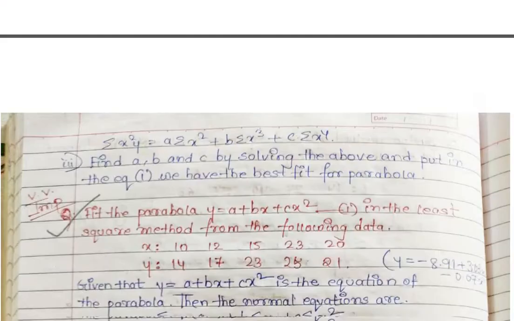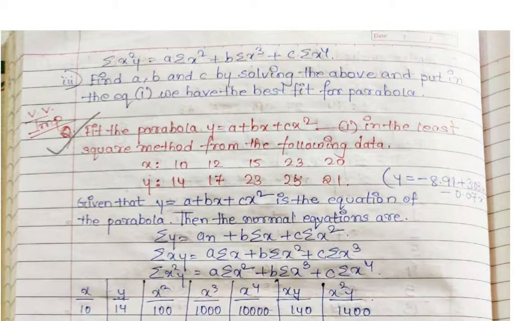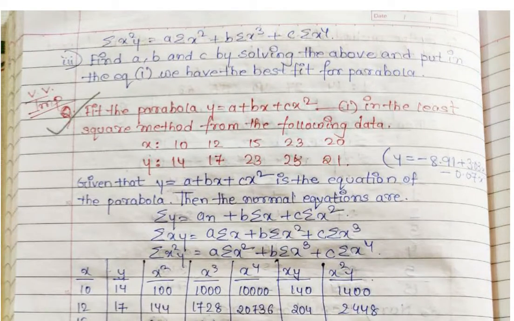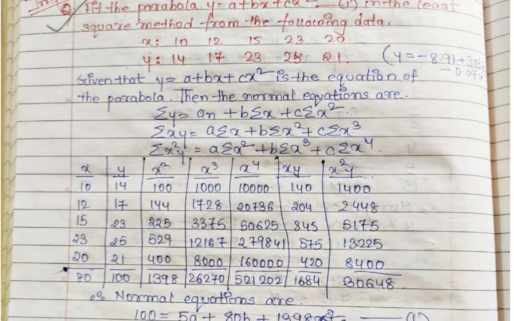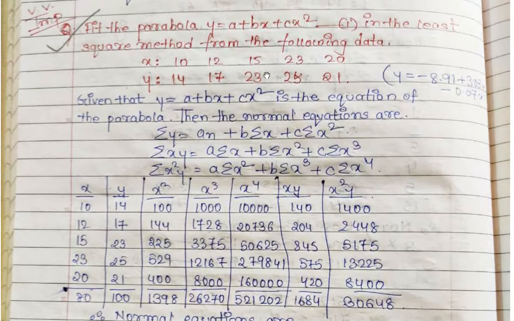Similar process, same type of problem is given here. This problem has already appeared in the exam, so it is very important. Write down all the normal equations, find the terms we need, find those values and simply solve the equation. It may happen the data given are larger, so the problem becomes a larger problem, but this problem has already appeared in the exam, so you can understand that we have to solve such problems with big data.